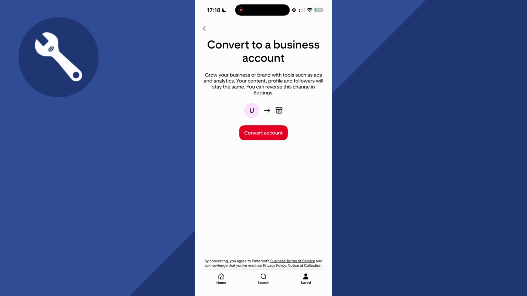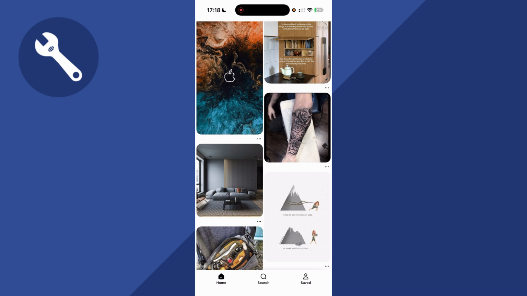How to change your Pinterest account into a business account. So this can be useful to get access to certain creator tools for your business. Now all you need to do is load up the Pinterest app and click on your profile icon in the